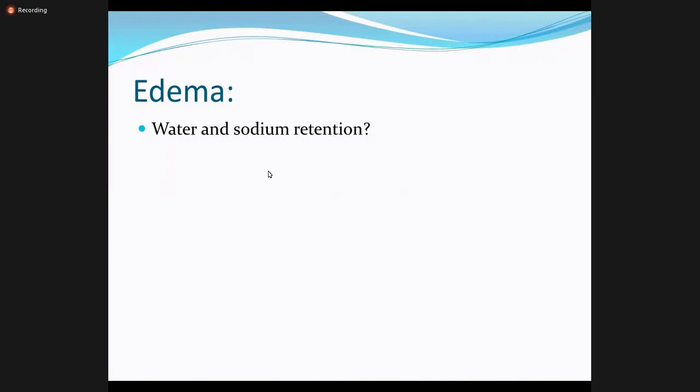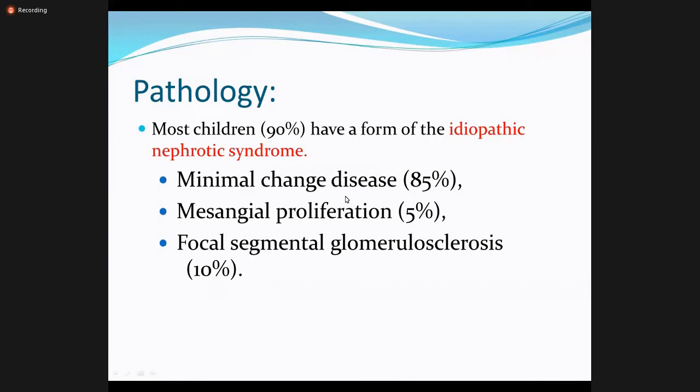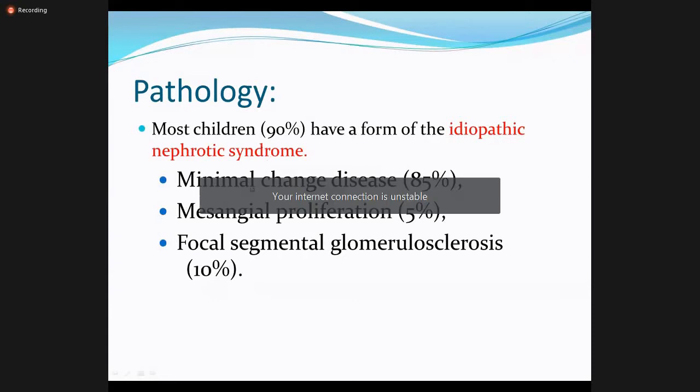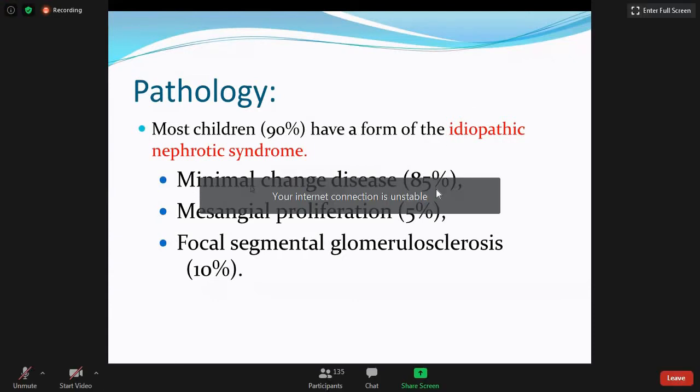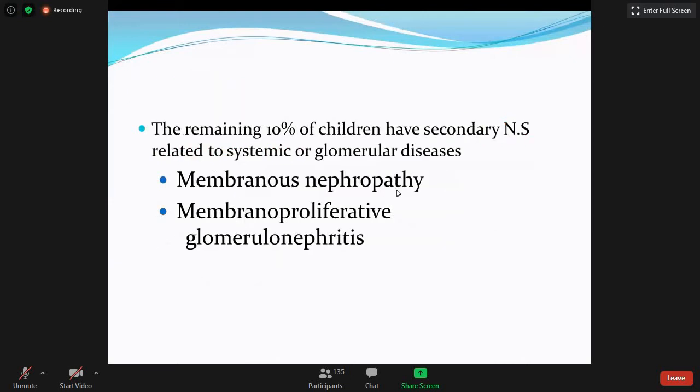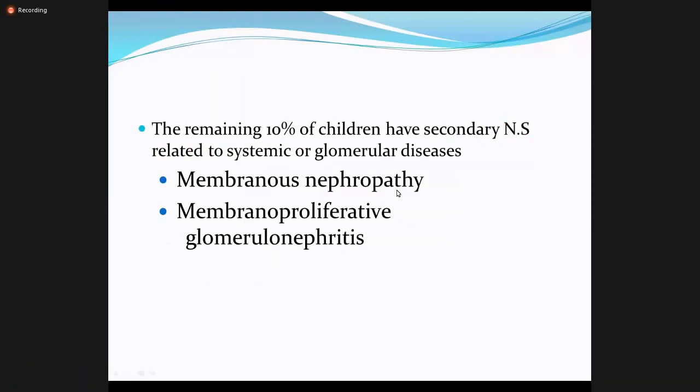They may have an underlying systemic disorder, membranous nephropathy, membranous glomerulonephritis, and this is the cause. They have nephrotic syndrome secondary to membranous nephropathy, secondary to membranoproliferative glomerulonephritis, or they may present with congenital nephritis. Approximately 90% of the children have idiopathic nephrotic syndrome, and these are the three I already mentioned. These three disorders may be separate diseases with a similar clinical presentation, because they have different prognoses.